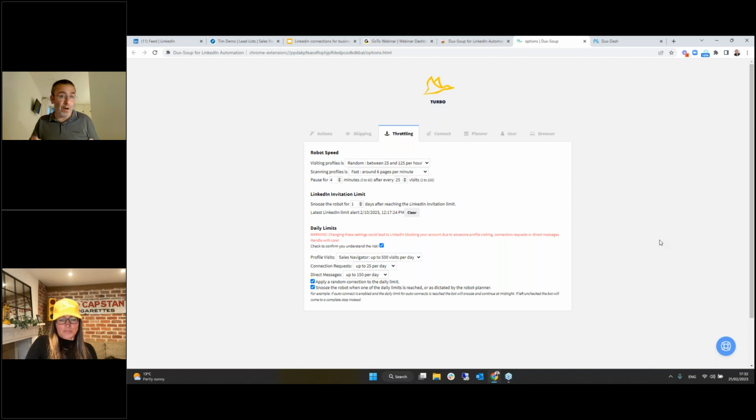But I would still recommend starting at the lower level with regards to connection requests. What we've seen is if you do this methodically and you do it genuinely and you get good response rates, so 25, 30% upwards, the more you do, the more you can do. And it just takes time to get those numbers up and higher. So what I have seen with a paid account is that you can get up to be able to send maybe 60, 70, 80 connection requests a day without any issues at all,